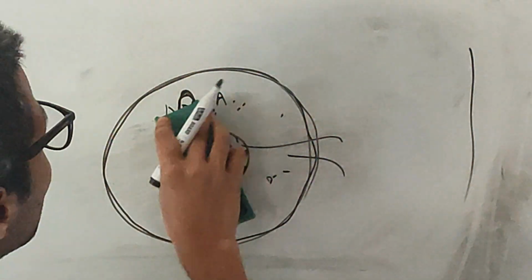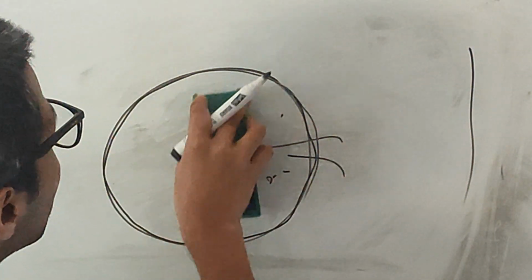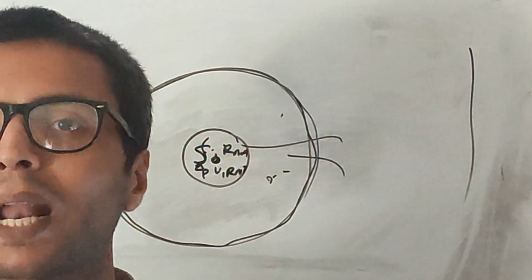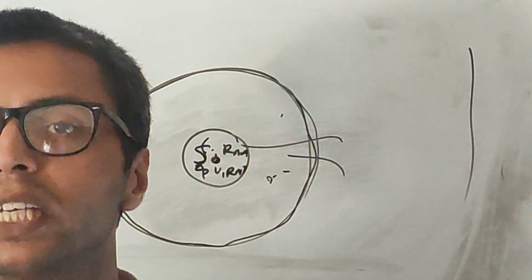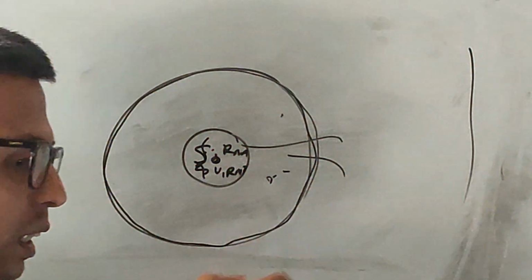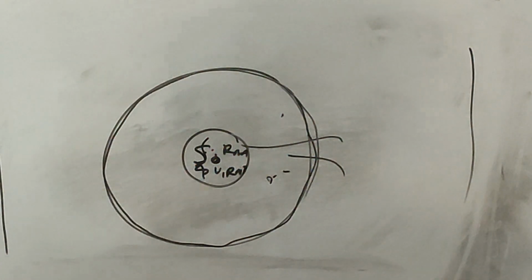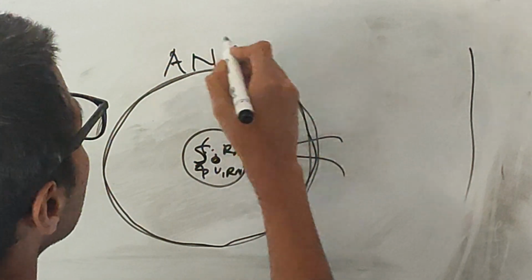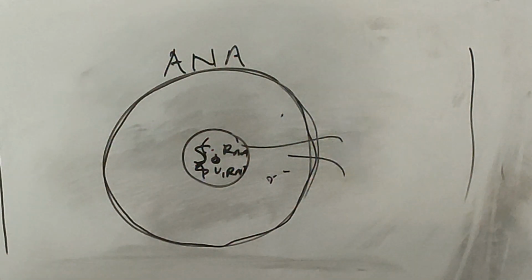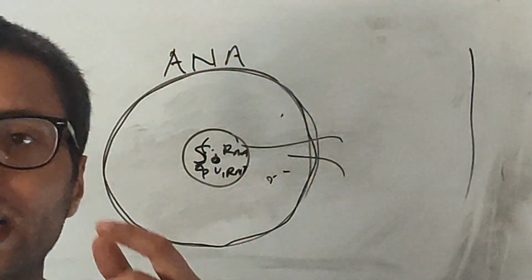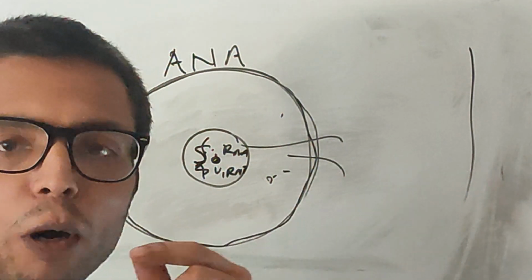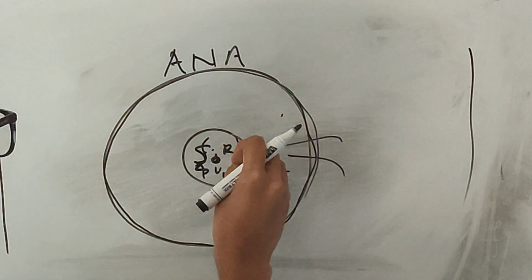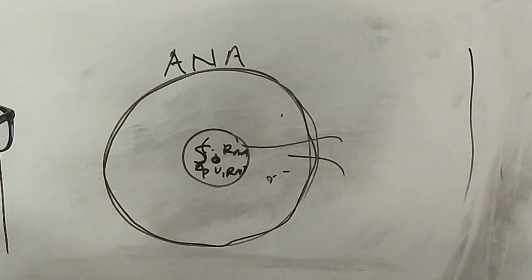But today our topic of discussion is anti-nuclear antibody. So we will not be discussing cytoplasmic antibody. We will discuss nuclear antibody. Next lecture we will discuss those cytoplasmic antibodies. Today we are talking about anti-nuclear antibody. So you know that these antibodies are directed against the nuclear antigens, the antigens contained inside the nucleus.